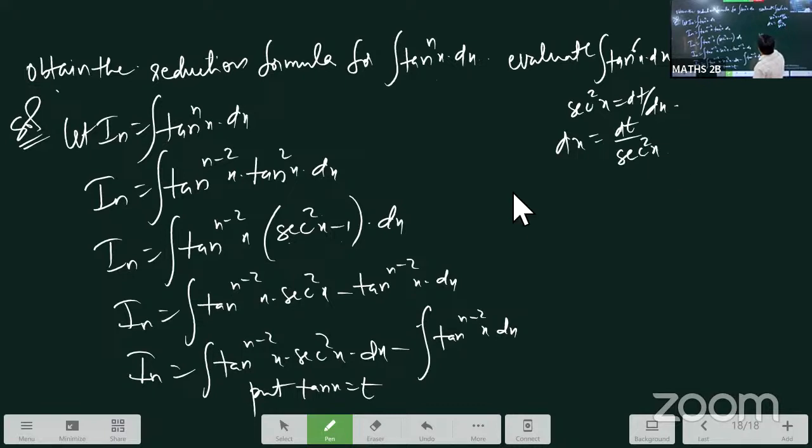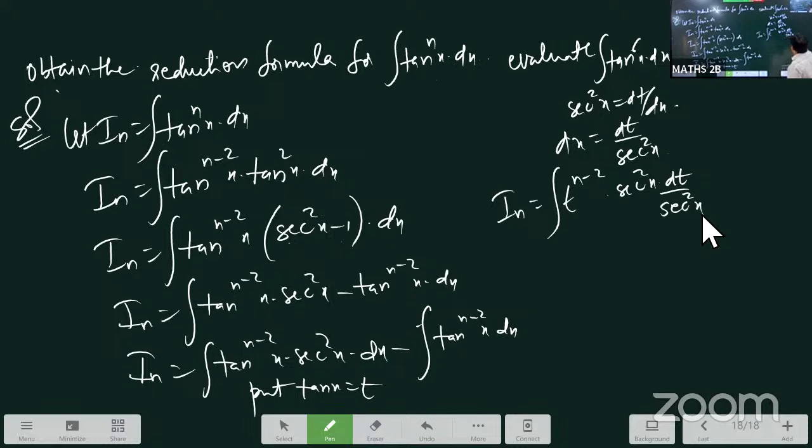Now In is equal to integration of, tan x, what I said? t. So t power n minus 2 into secant square x, and dx is nothing but dt by secant square x, and minus, now this part,